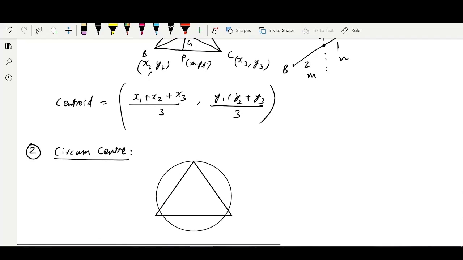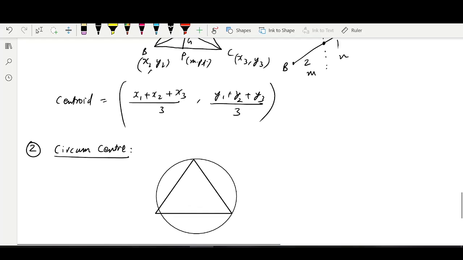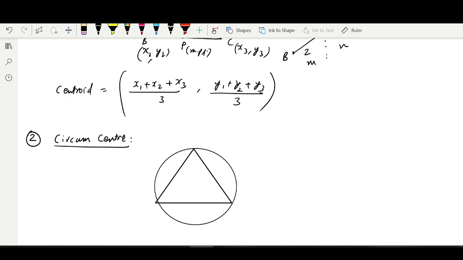Okay, so this circle touches all the corners of the triangle. This circle touches all the corners. So the center of this circle that encloses the triangle and passes through each of the corners or vertices is known as circumcenter. This circle is known as circumcircle,